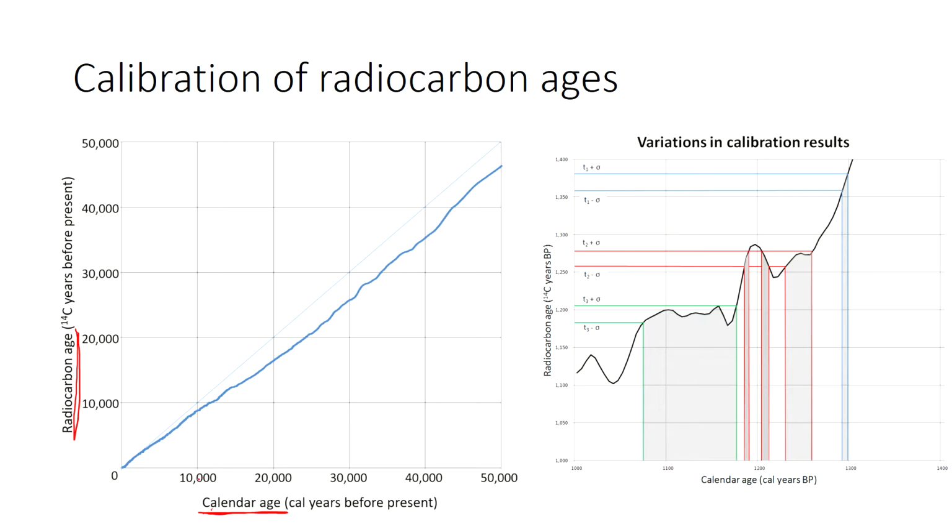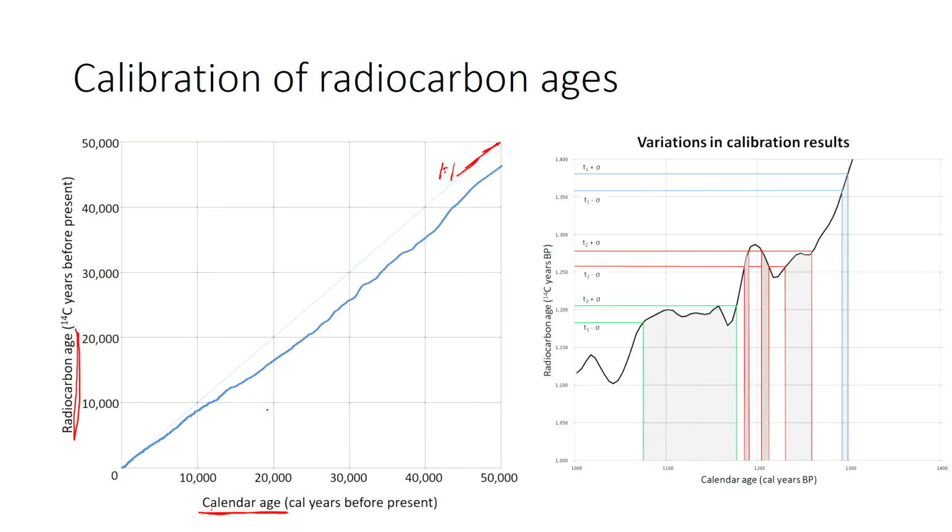And this has been done for hundreds of thousands of samples, and that's produced this thick blue curve here. You can see that that thick blue curve does not fall on this one-to-one line here. Part of that is due to us using the wrong half-life. But if we use the wrong half-life, this should still be just a straight line, and it's not straight; it's got these wiggles on it. And the reason for these wiggles on what we call the radiocarbon calibration curve is that